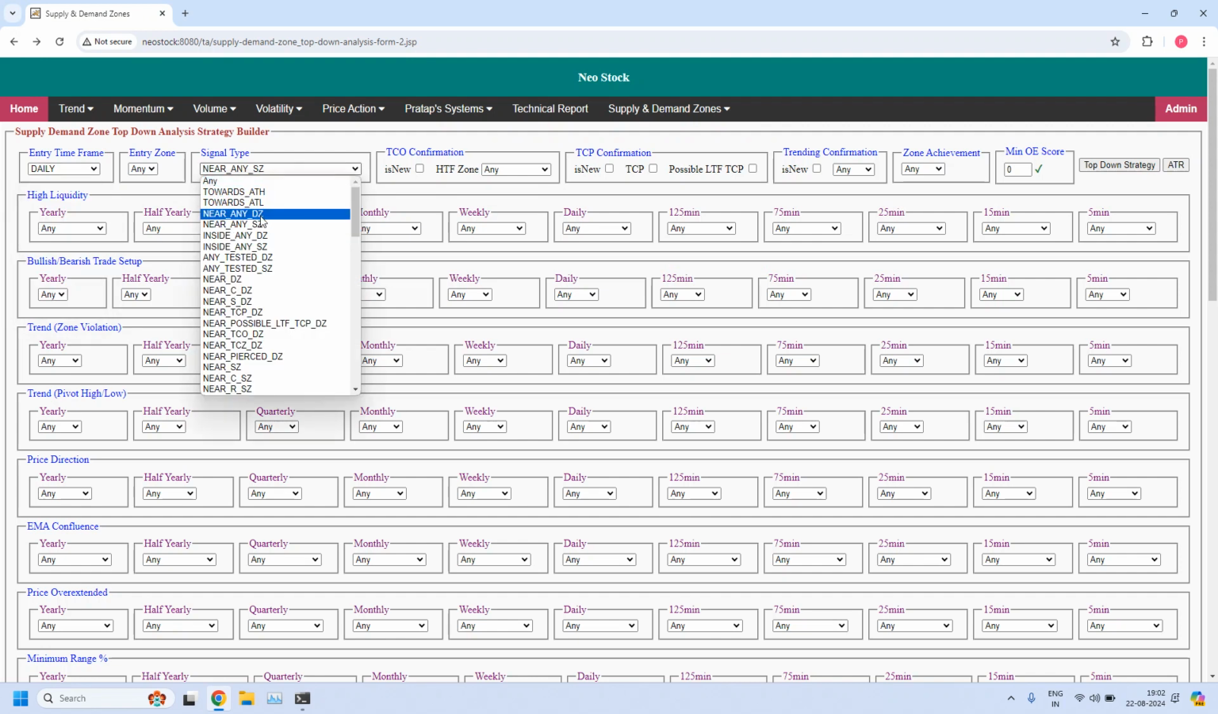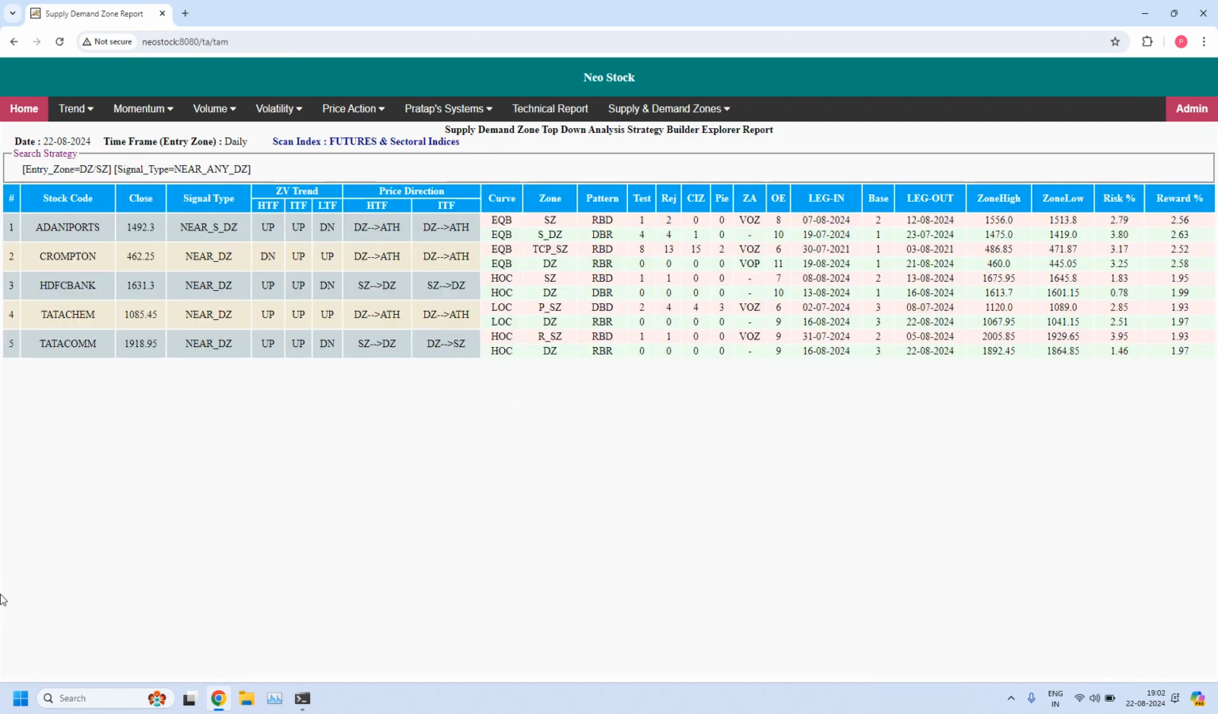Let us find the stocks near daily demand zone. Five stocks are filtered near to the daily demand zone. So let us identify high liquidity daily demand zones, if any. First one is Adani Ports. Adani Ports is having a high liquidity demand zone, already tested 4 times, and also having 4 rejections from the zone. So you need to fine tune the zone